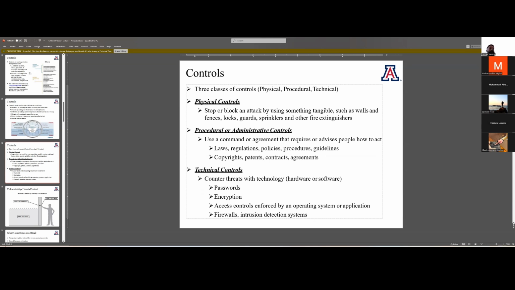Now, physical controls are exactly that, right? Think outside of Target, they have those big red balls in front of the doors. And while they are partly used for decoration, they're also bollards that are used to make sure that people don't ram their car in through the front of the building, okay? Walmart does something similar. Most major stores do that. Malls are actually really intricately built for physical controls, but they're exactly that, right? Having something there physically to deter. We'll talk more about how we break down those controls here in just a minute.